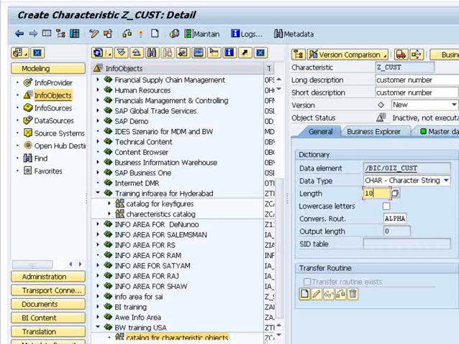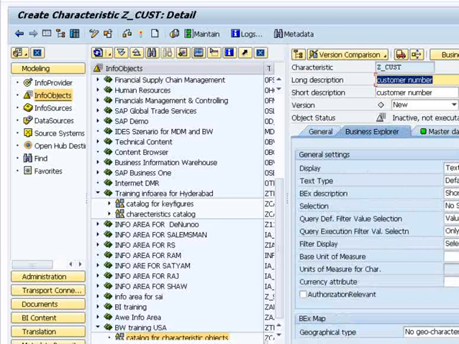So here we can check the lowercase. This is a Business Explorer tab. Here you can give the predefined settings if you want, but you don't have to give the predefined settings, because you can give the same settings in query properties. So it is available in BEx query properties. All these properties are available there, so you don't have to give it here. So we don't normally describe them here.